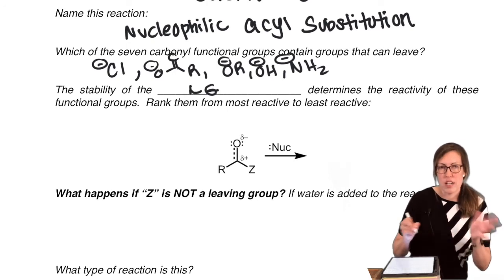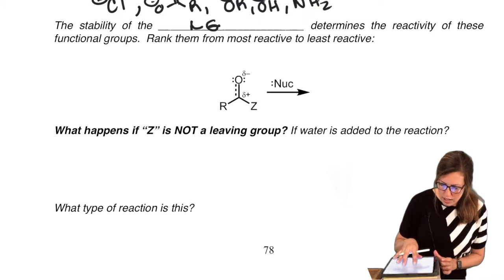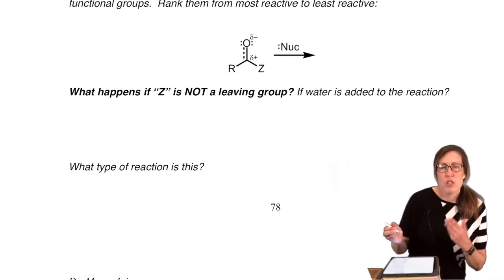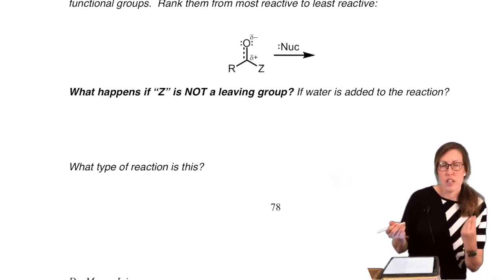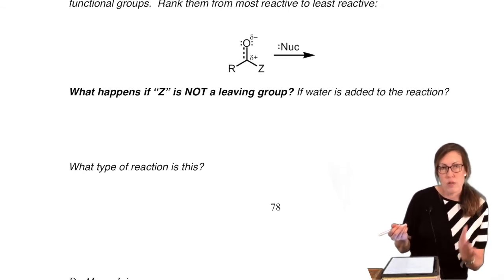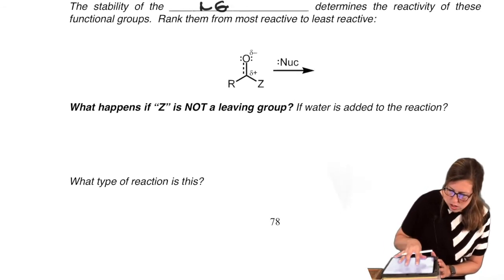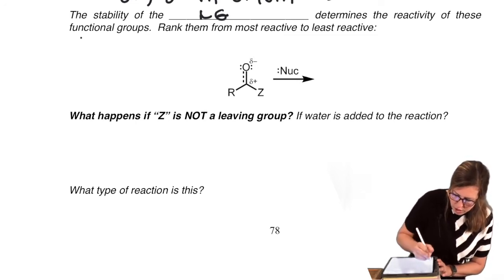It's all back to Ka and pKa again. You know, what makes a stable anion? So we're going to rank them. We're not going to take our time doing pKa analysis fully, but using our understanding of pKa, which is how we rank the stability of a conjugate base of an acid, so an anion stability, in other words, we can also rank the stability of the anions once they leave. All right, so do that right here before we do this other reaction. So chloride, I'm actually going to draw the whole molecule.